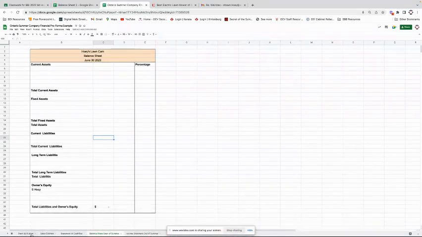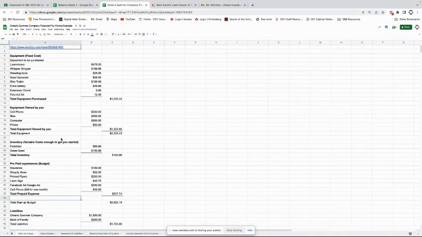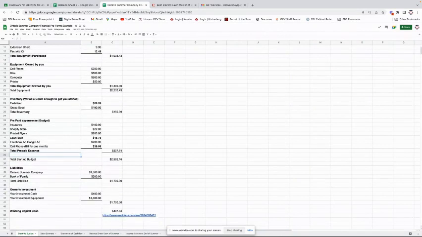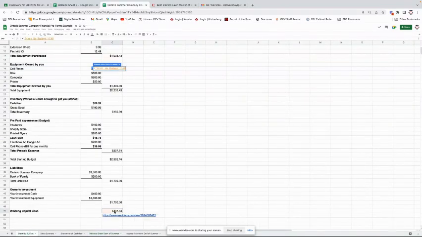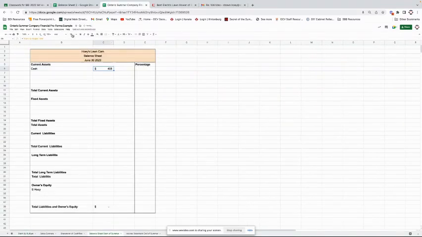First off, we're going to start with current assets, and the most current asset, the most liquid asset, is cash. So we're going to go cash, and that can go equals, and we're going back to our startup budget and making that equal to that. And so then we've got cash, there we go. Next most current asset is going to be inventory,